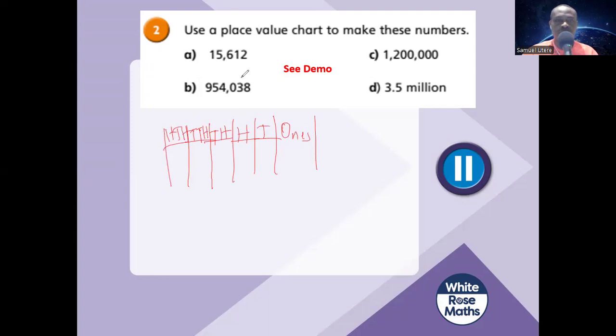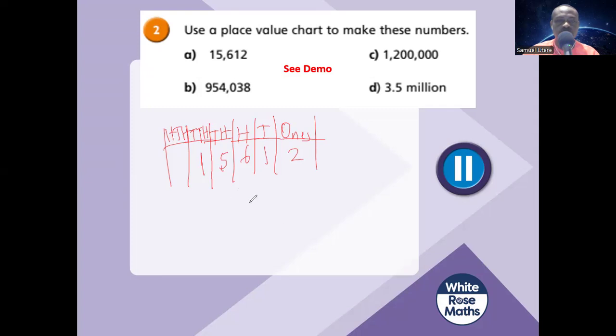So if we start to arrange, you see that you have 2, 1, 6, 5, and 1. So 15,000, you can see that's in the thousand column. So that's 5,000, that's tens thousands. So